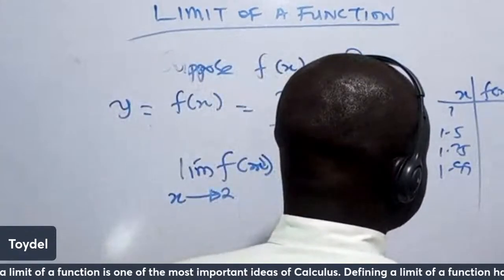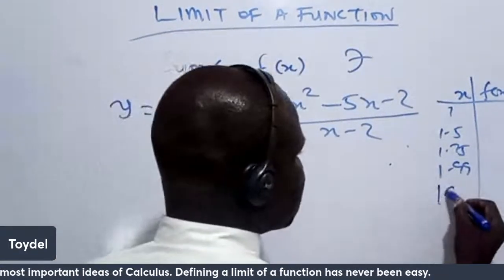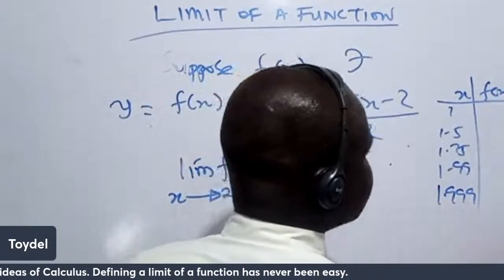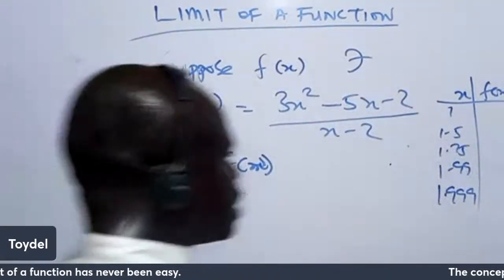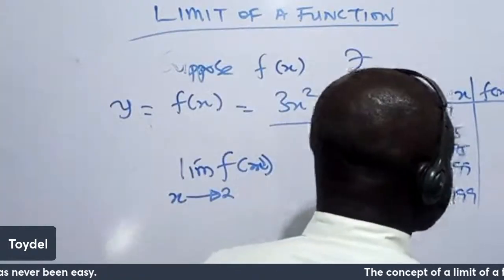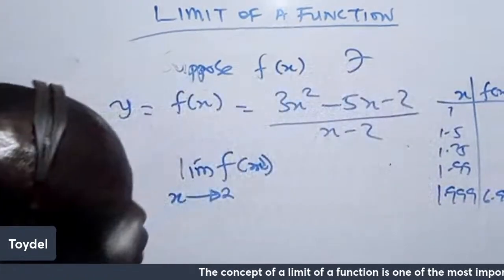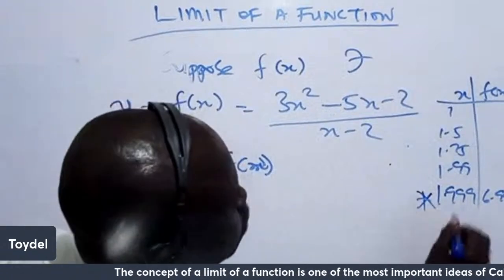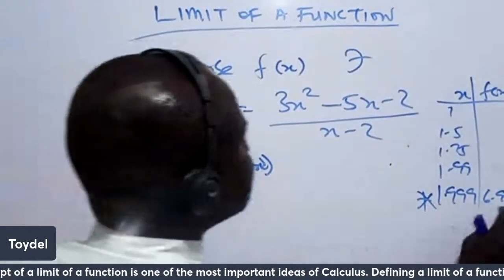When we have 2.0001, at the end of the day, we realize that by the time we get to something like 1.999 and 2.000, the value of f of x will be almost the same. We have something like 7.003 here, then something like 6.9999 here. So both values at this point will be approximately 7. The implication of this is that